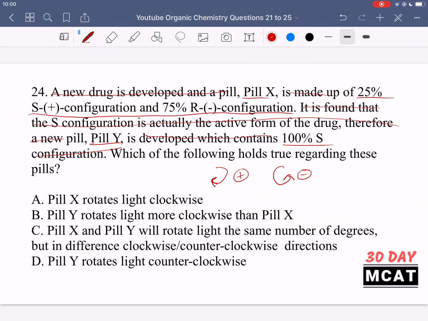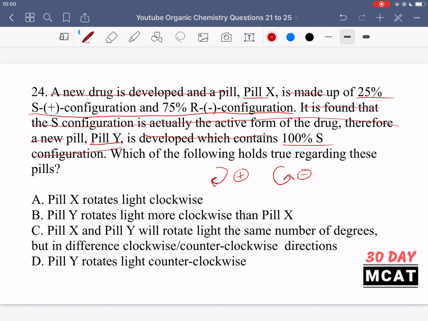So it seems like the S configuration is clockwise, and the R configuration is counterclockwise. Don't get that confused and always think that if something is R, it must be clockwise. That is talking about the absolute configuration of the groups of one molecule, okay? So as long as we know that, we can think now that pill X has 25% of S and